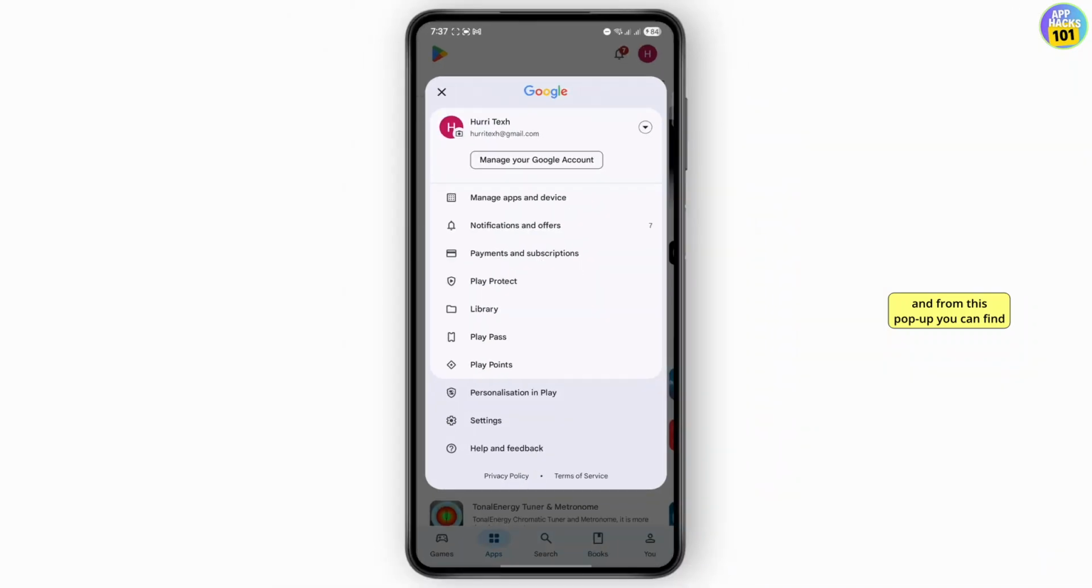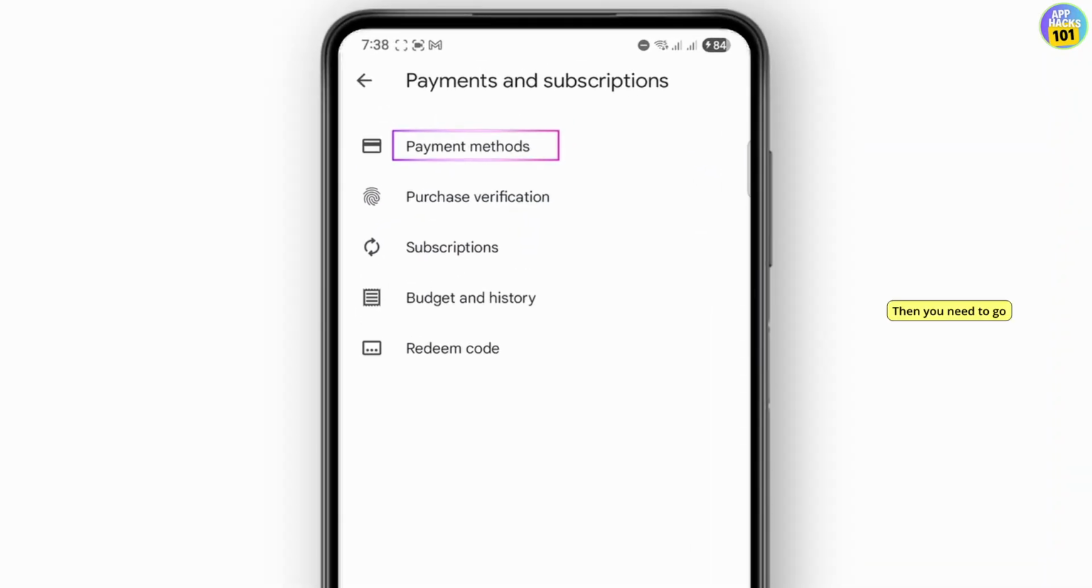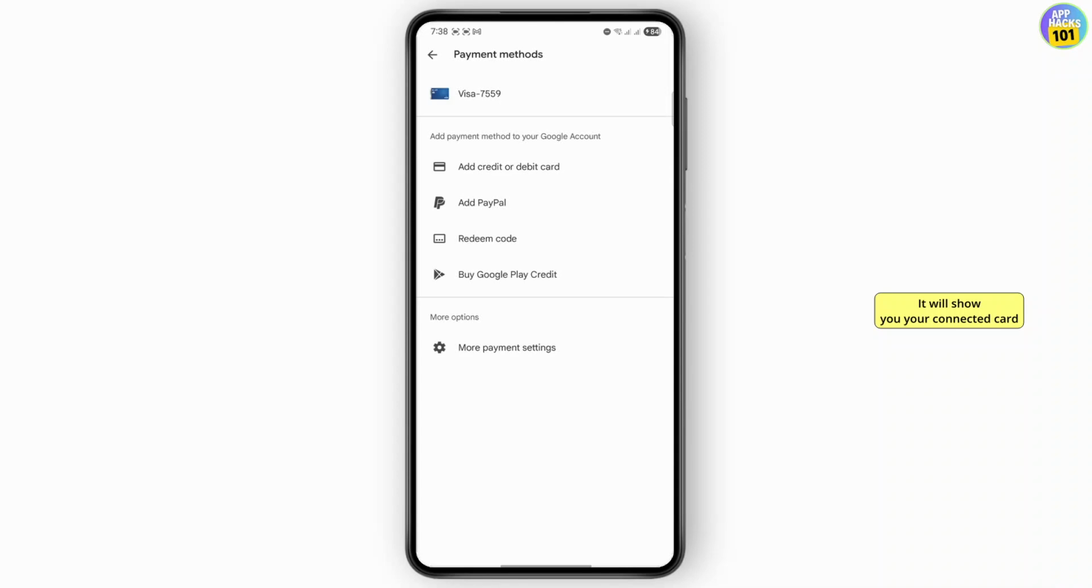And from this pop-up, you can find payments and subscription over here. Just tap on it. Then you need to go over to payment methods. It will show you your connected card and its details if you tap on it. So if you have something called unavailable shown right below your card information, then there are some things that you